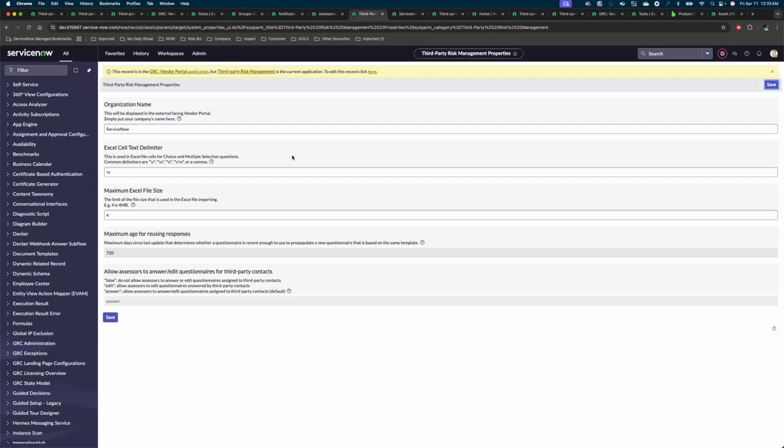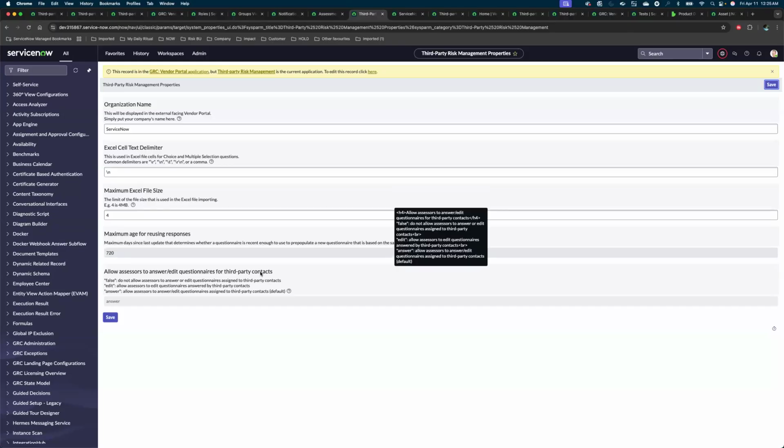You can update the Excel cell text delimiter, which will be applied for choice and multiple selection questions for exporting the responses, the maximum Excel file size for importing an Excel from the external third party, and the maximum age for reusing the responses, which determines whether a questionnaire is recent enough to pre-populate a new questionnaire that is based on the sample template,